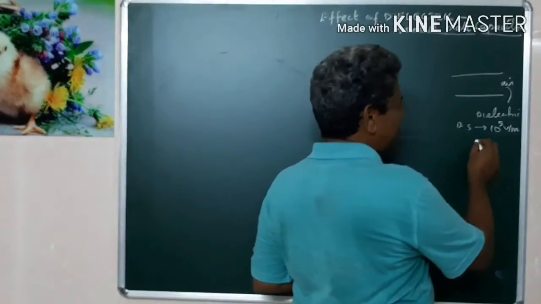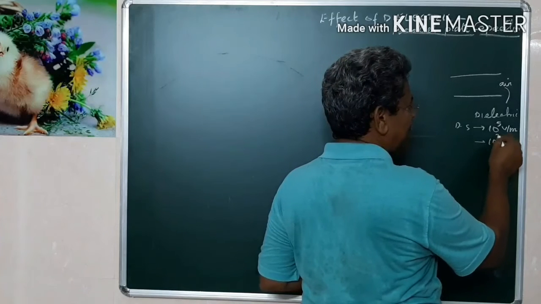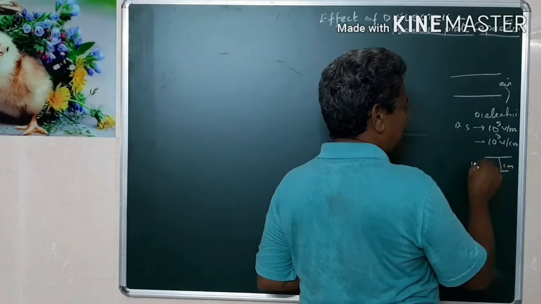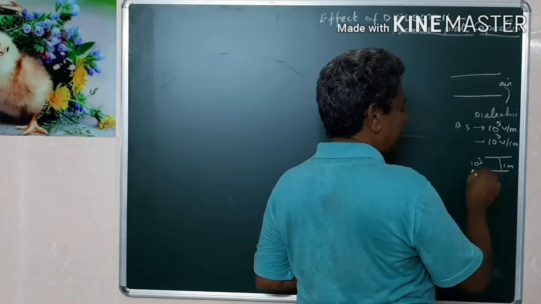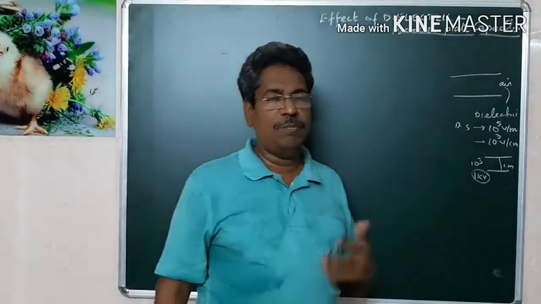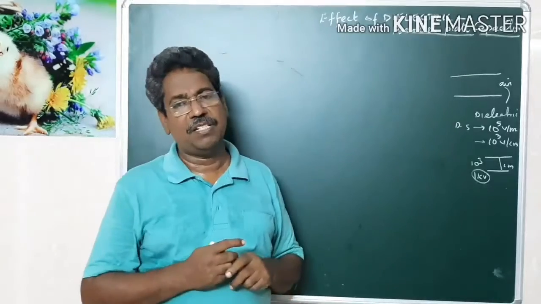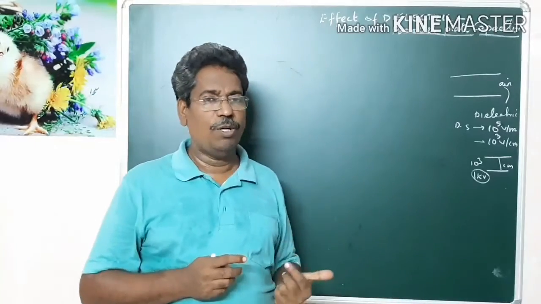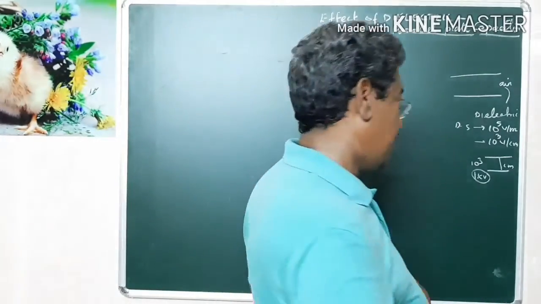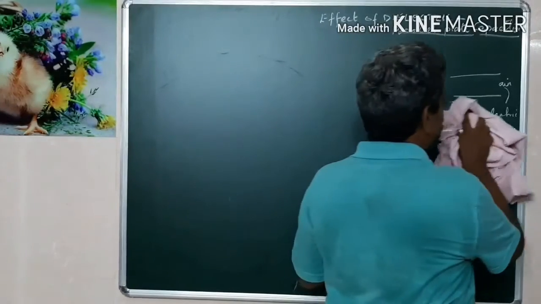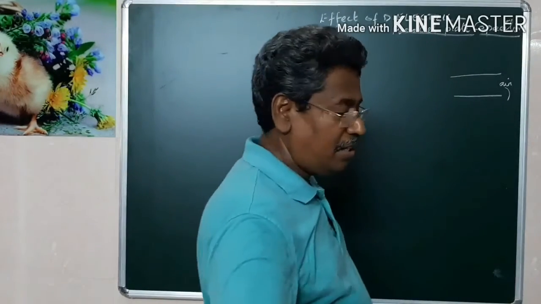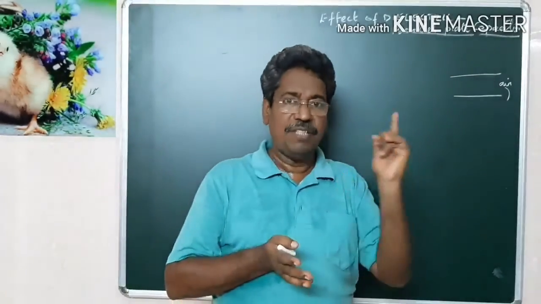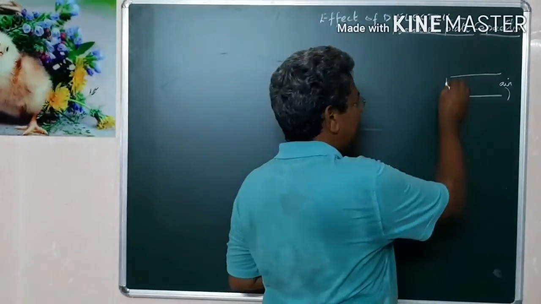I can also express this in terms of centimeter, as 10 power 3 volt per centimeter. That means if the two plates are separated by a distance of 1 centimeter and 10 power 3, or 1 kilovolt, is applied, then it will begin to conduct. Once it begins to conduct, it cannot be used as a capacitor, because a capacitor is a charge storing device. Charge should not be allowed to leak or move from one plate to the other plate. Therefore, air is a poor conductor, and hence air is a dielectric. So when I say a parallel plate capacitor with air, it is also a parallel plate capacitor with a dielectric. In this case, let d be the distance between the two plates.